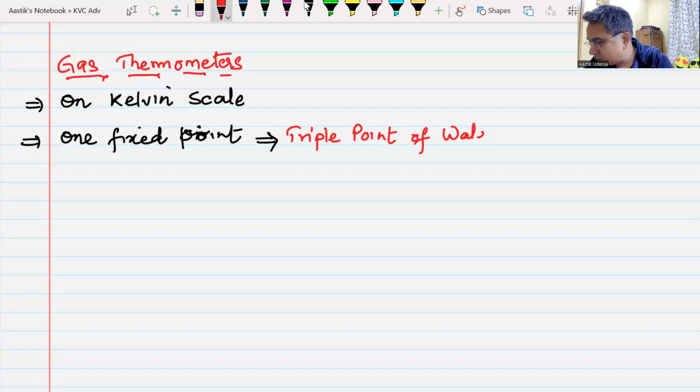It is the temperature and pressure where water can exist in all three forms. Water, vapor, and ice are in equilibrium. It can exist as water, it can exist as vapor, it can exist as ice. This is the triple point of water, and we have found out that the triple point of water has a temperature